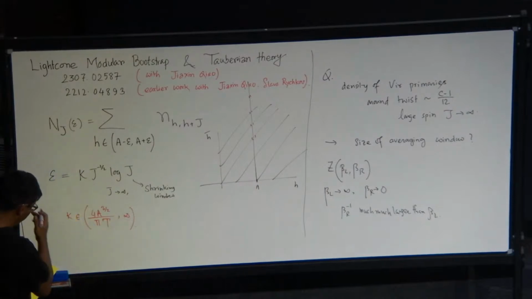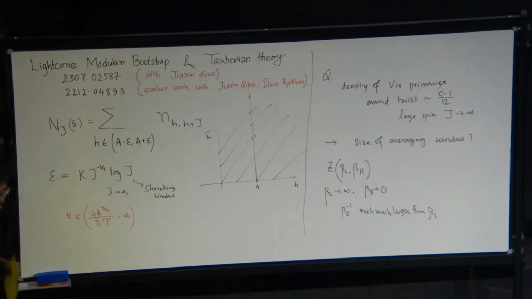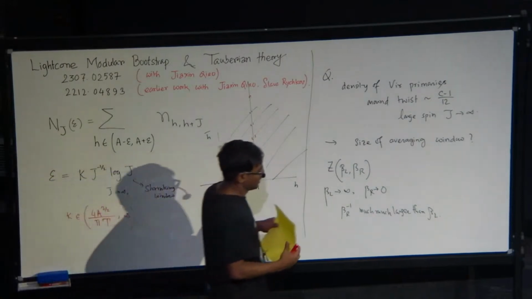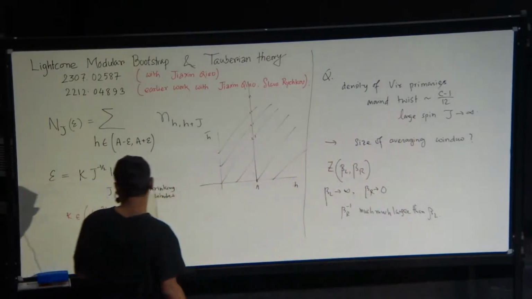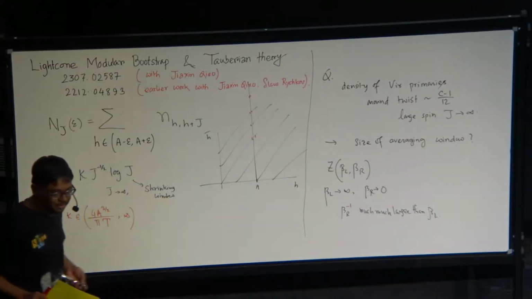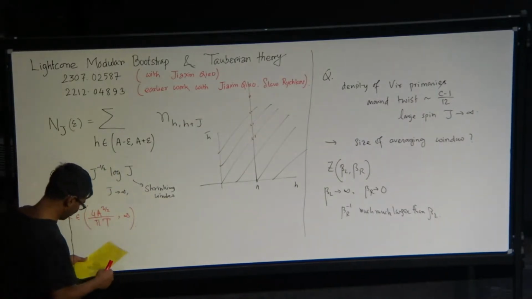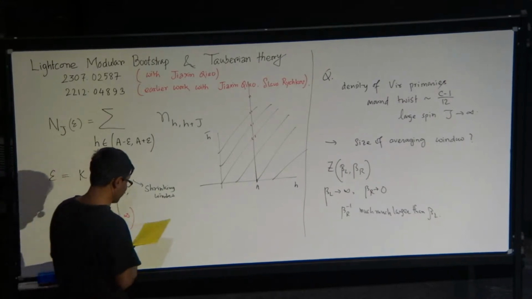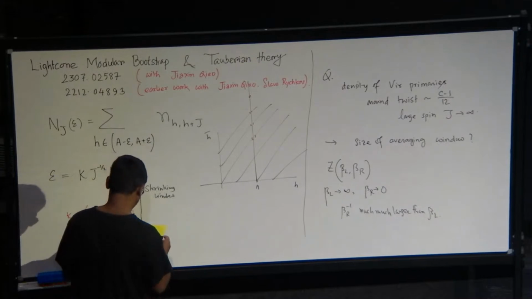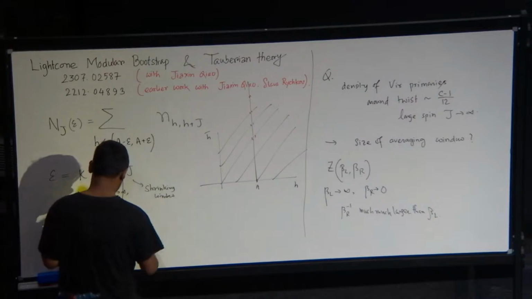And one important point is that kappa is inversely proportional to the twist gap, which makes sense because this analysis is contingent upon the fact that there is a twist gap. If I make the twist gap vanish, then the result falls apart. So here it's important that kappa is 1 over t. So once we have this setup, we can actually estimate the number of operators in this narrow window, and the result looks like the following.